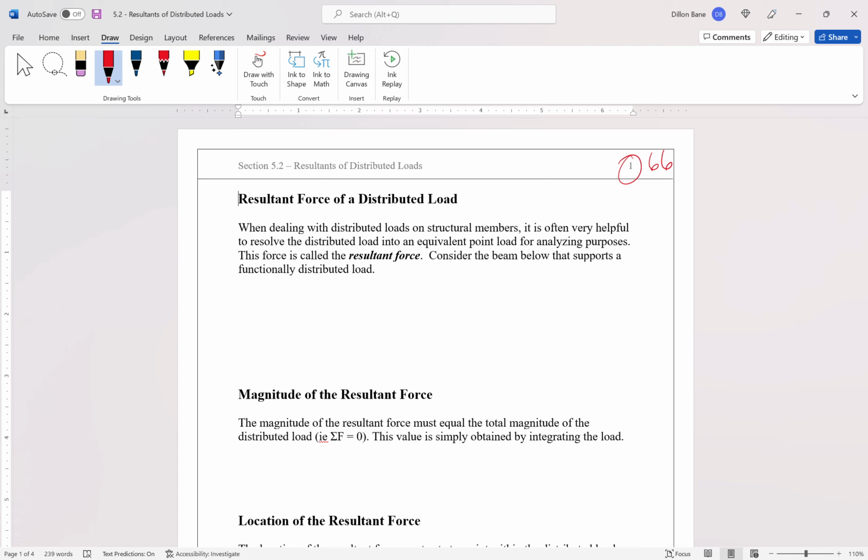One more thing that we need to talk about, though, is how to work with distributed loads themselves. We talked about what distributed loads are on Tuesday, but now we need to figure out how to work with them a little bit. It's not complicated, but it's just something that we need to figure out. So these distributed loads that we have on our beams,